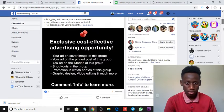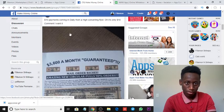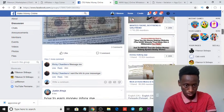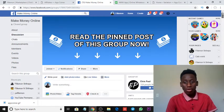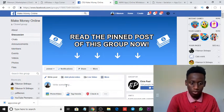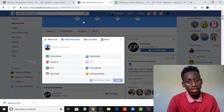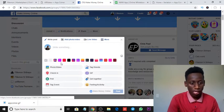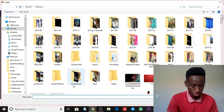So here, people are saying $10 payment community paid daily, and this person got 3 comments so far, and he only posted it 5 hours ago. This group has over 41,000 people. So what we wanna do is go to over 10 groups of the same kind, and you wanna post the image that we